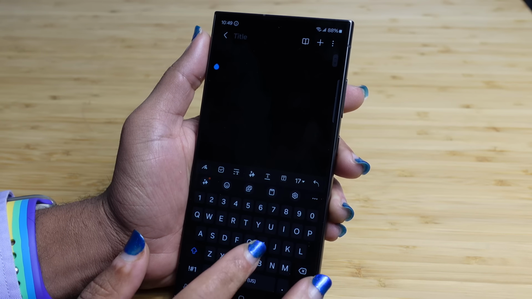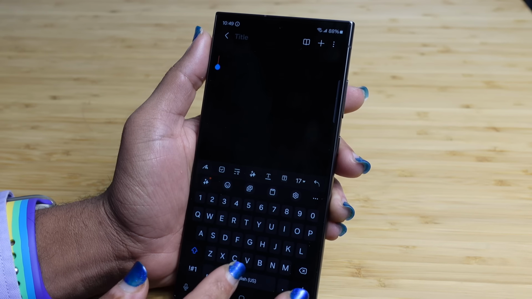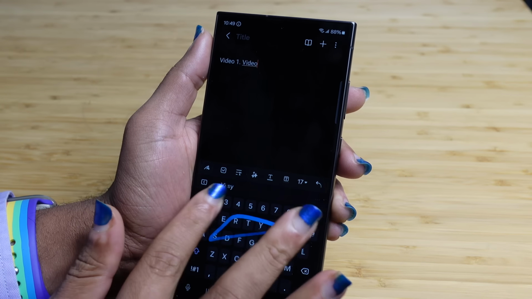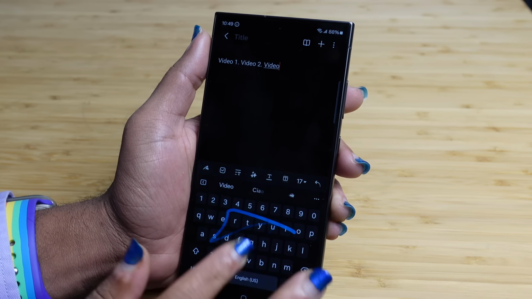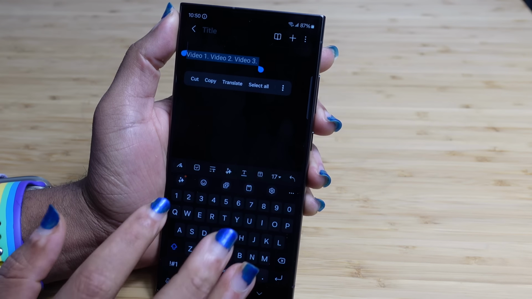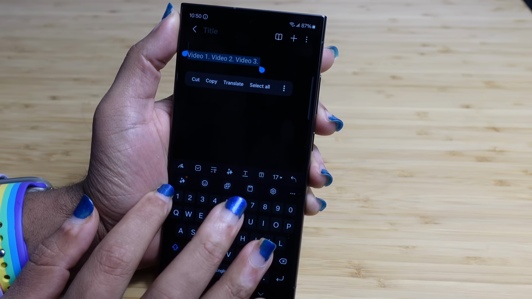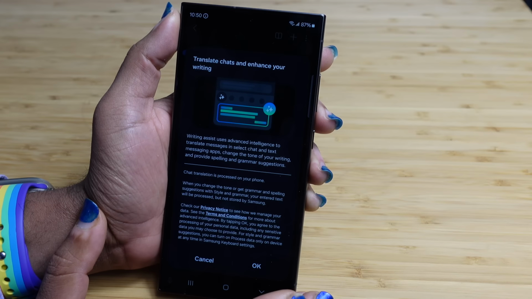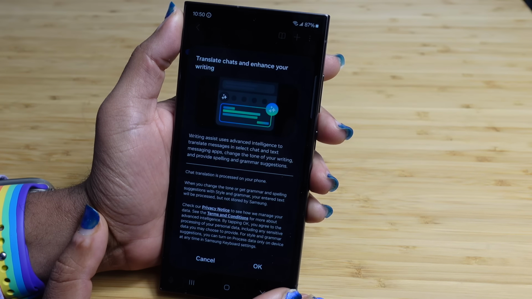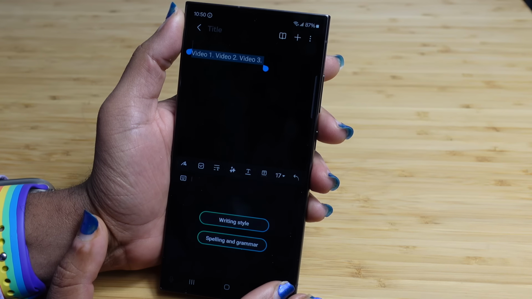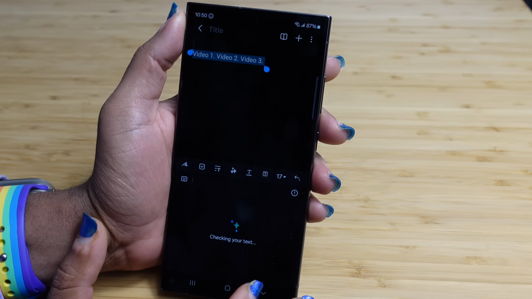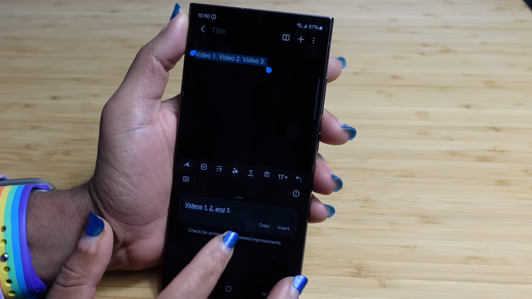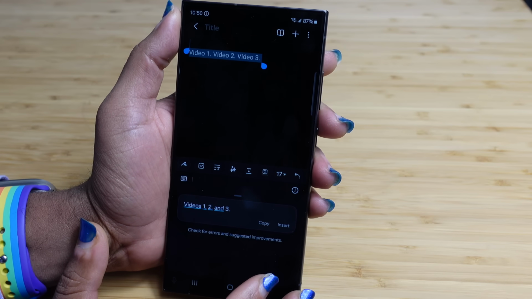I can begin to type some unstructured content like video 1, video 2, video 3. We'll go ahead and select it, and now you can see the Galaxy AI button right here with the 3 stars. You can tap that, and it can translate and enhance your writing using artificial intelligence. So we'll press OK. We can check for the spelling and grammar. It's checking your text, and it lets us know that if we want a complete sentence, then we need to add in commas and make that a complete